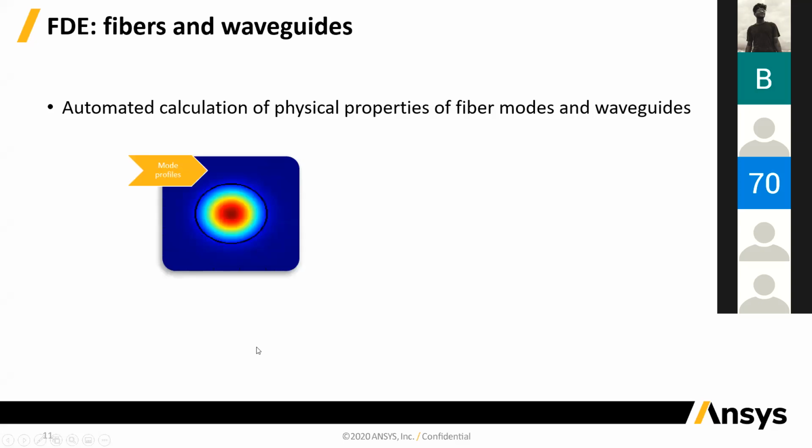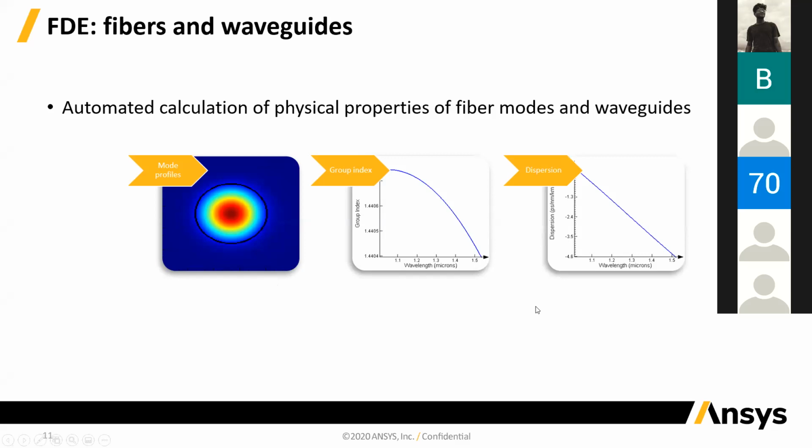So the FDE solver is, like I mentioned, an eigenmode solver. It allows you to look at waveguides or optical fibers and figure out the eigenmodes that are supported in these geometries. And then it allows you to figure out the mode properties of those devices. For example, the group index, at what velocity would light propagate through these devices, or the dispersion behavior, that if you're propagating multiple wavelengths, would all of them see the same behavior, or how would the behavior of the waveguide or the fiber vary?